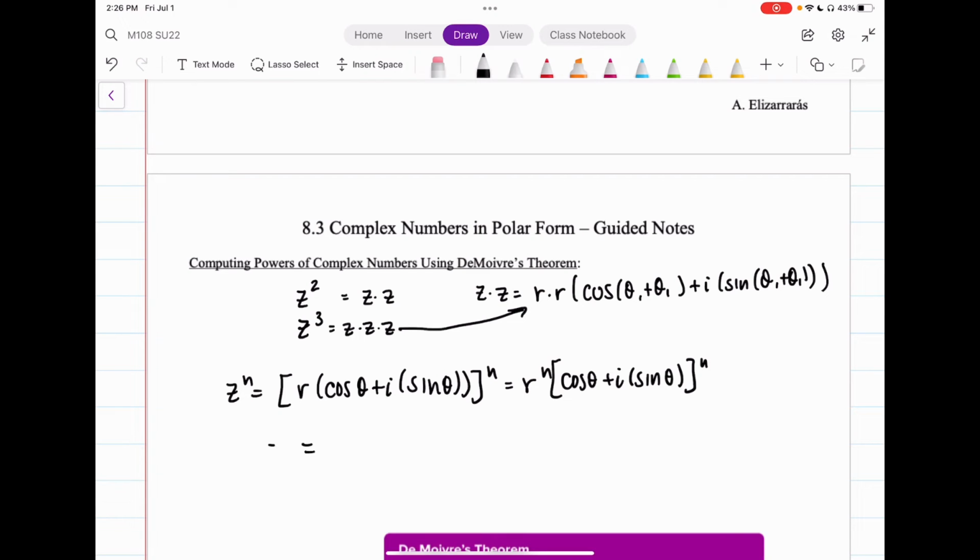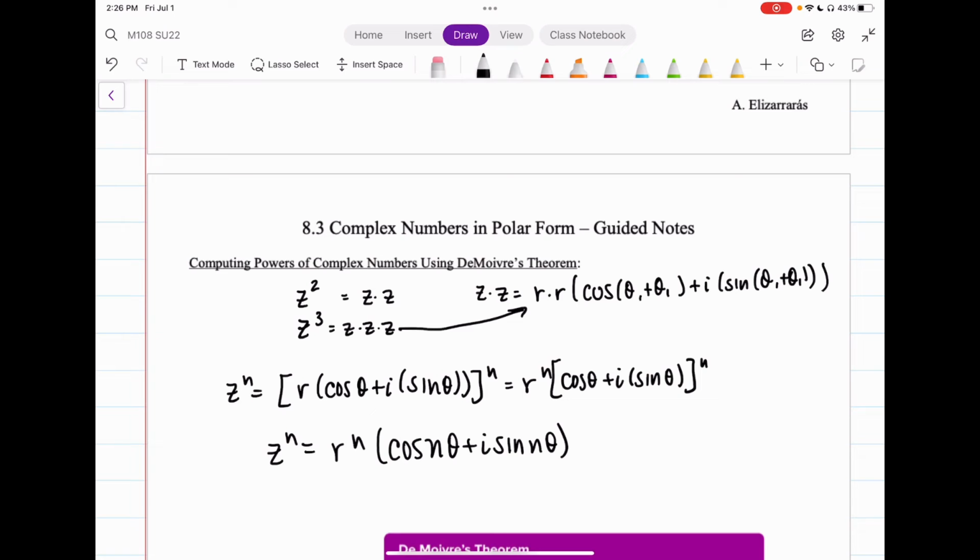This can be rewritten as r to the n times the cosine of n theta plus i times the sine of n theta. So instead of having n be a power of cosine, we're looking at a multiple of the